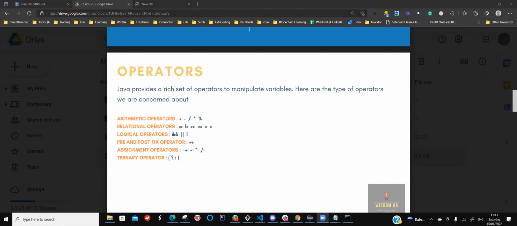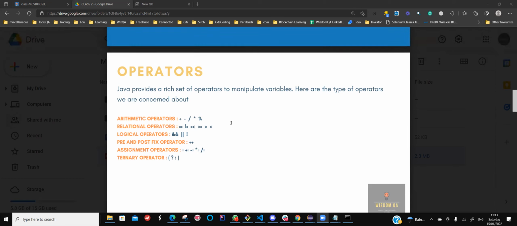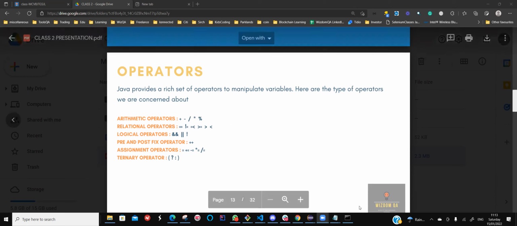For example, we have arithmetic operators that let you perform addition, subtraction, multiplication, division, and modulus. What is a modulus? Modulus is nothing but the remainder value when you're performing a division. For example, if you are,